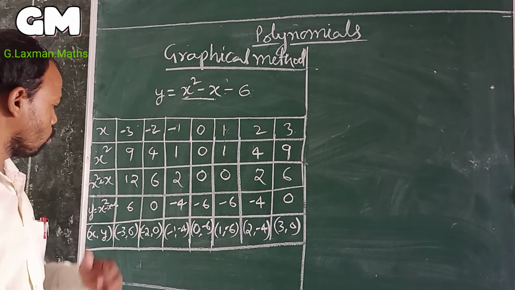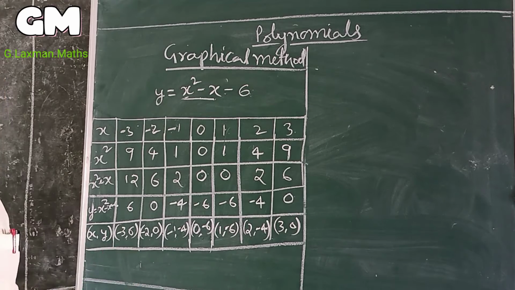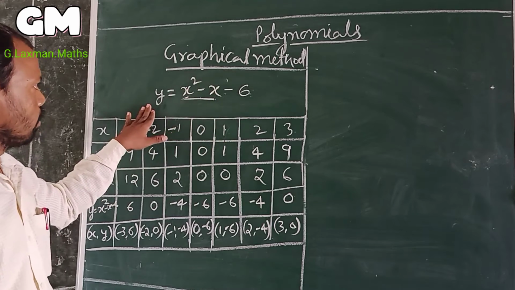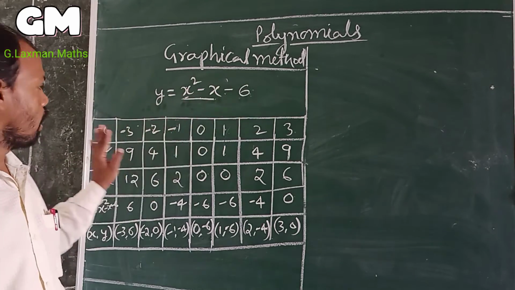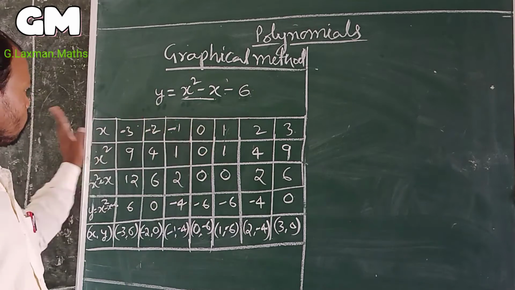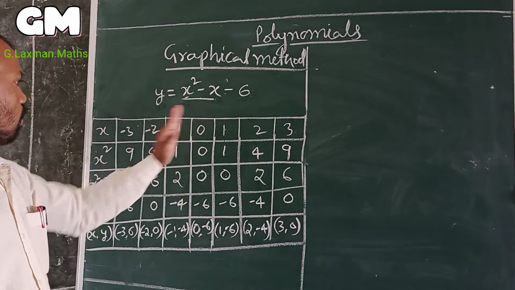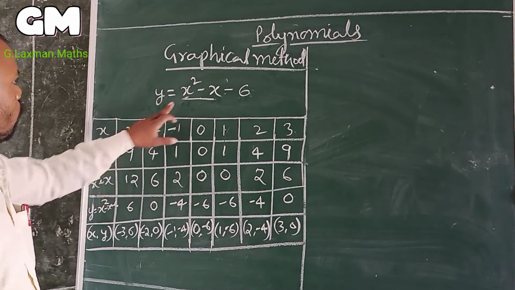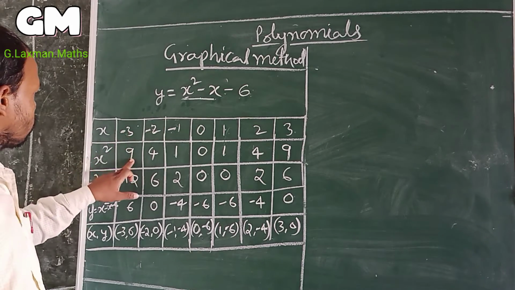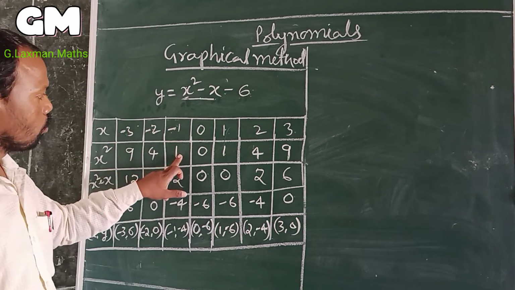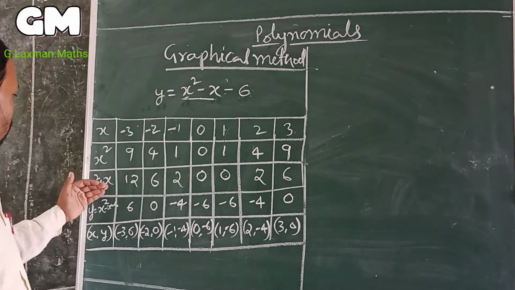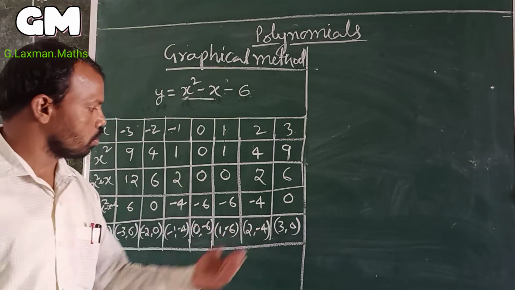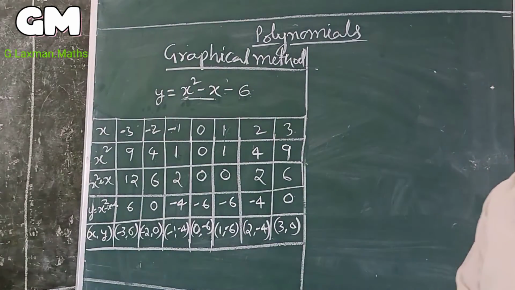So first we have to prepare a table for drawing a graph, for plotting the points with the required x coordinate and y coordinate. How can we get them? First take the entire polynomial as y, that is x square minus x minus 6. We assume x values as 3 negative values on the left side of 0 and 3 positive values on the right side. First do x square: minus 3 whole square is 9, minus 2 whole square is 4, minus 1 whole square is 1, 0, and so on. Then subtract x, then subtract 6. You will get the x coordinate and y coordinate, and you have to make them into ordered pairs.